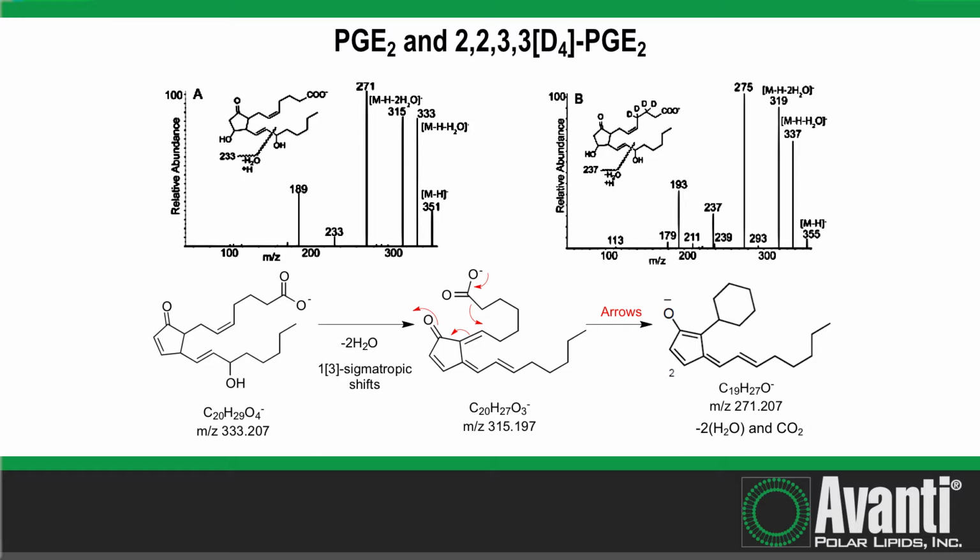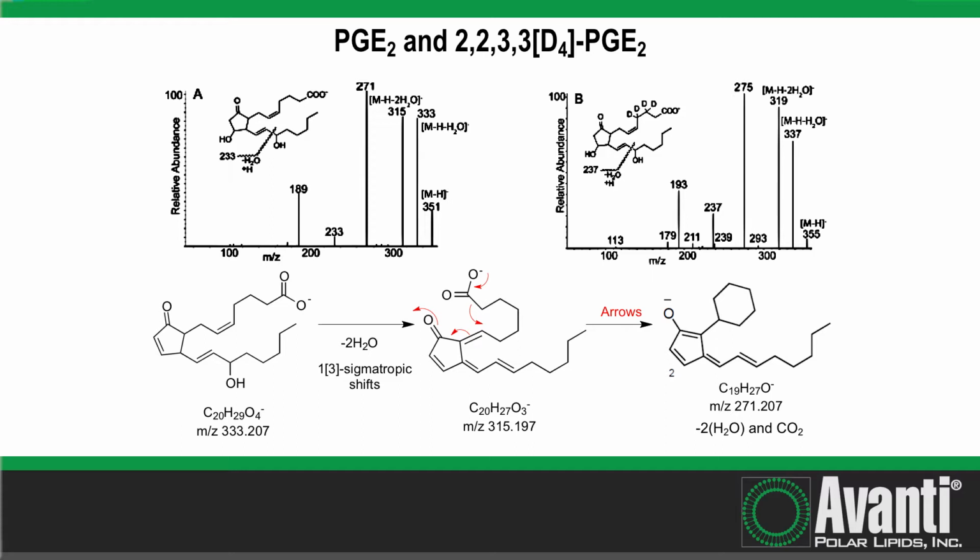Here's the loss of water, the structure for the loss of water. I've lost it from the prostaglandin ring, from the number 11 carbon atom, and here you can see it undergoes this cyclic loss of water, driven by the loss of CO2 to form this cyclic structure at 271,